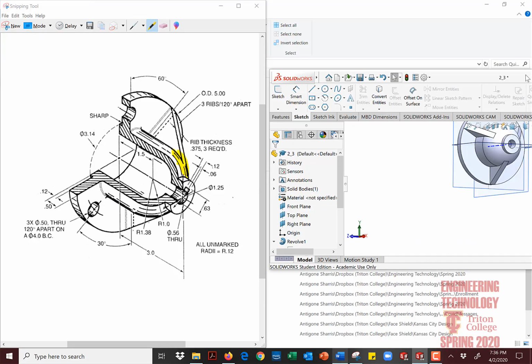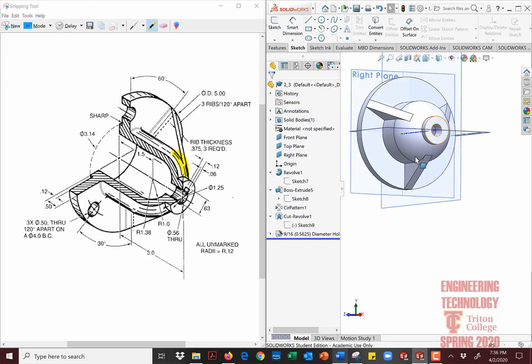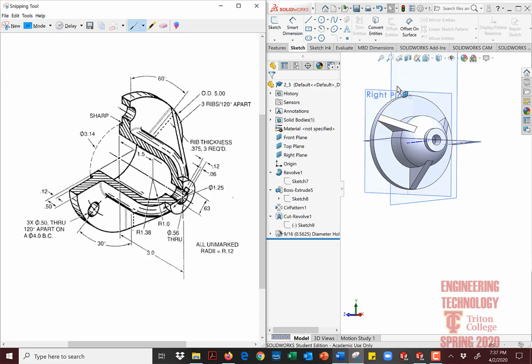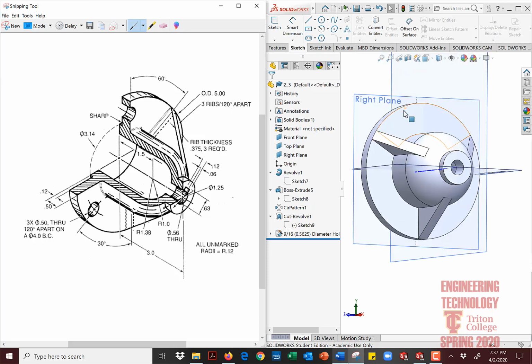The steps that were missing in the last video that's on YouTube already are adding in the keyway and the last set of holes. There's 3 of them right here, those holes. I'm going to actually start the detail drawing before adding these in and show you how to add them in after the fact. So to create a detail drawing out of any part file or assembly file in Solidworks, you